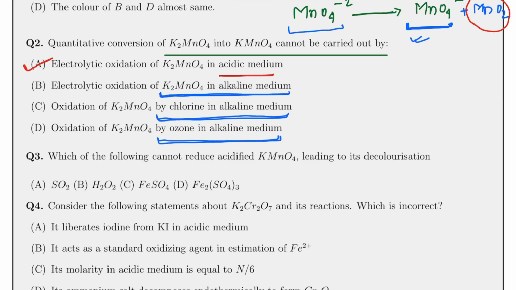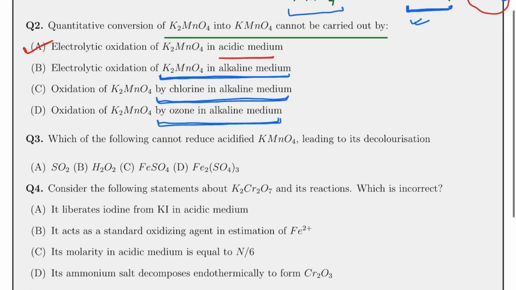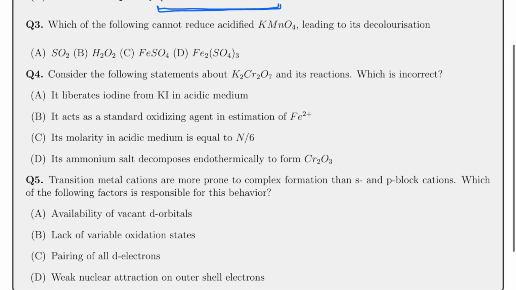This is a kind of question which is there in the module of every coaching institute, but this can be asked in the exam in this fashion. Okay, now the third one is, which of the following cannot reduce KMnO4 leading to its decolorization? So if I talk about KMnO4, then it's a strong oxidizing agent, and it is saying acidified, which means